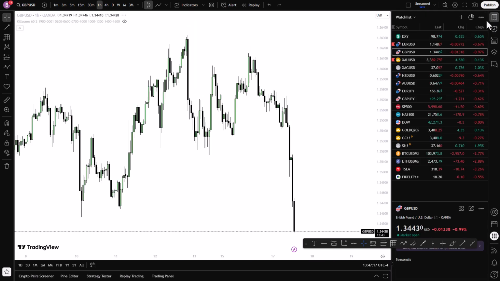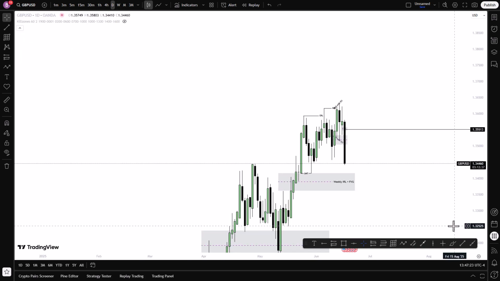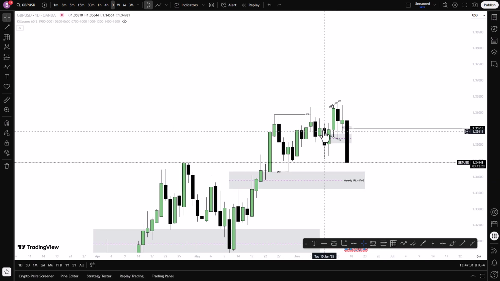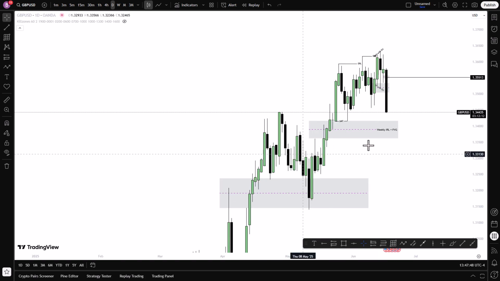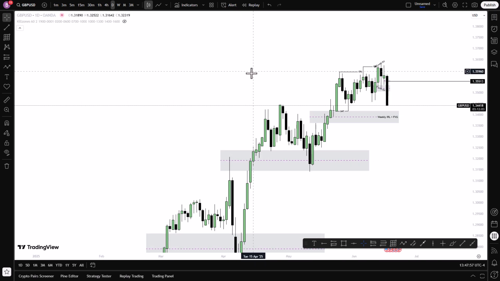On GBPUSD, it is also the same thing. Let's start on the daily time frame. We see that sell-side liquidity has been taken, and we'll also be expecting this level. Yesterday I said this order block will be our line of defense, and we can see that we have violated the order block. So tomorrow this will serve as our breaker block, because we have a swing high and another high. I want to see price coming back into it for lower prices, and the next target will be this fair value gap. If this fair value gap is violated, I want to see this low being taken out. So tomorrow will also be bearish prices.